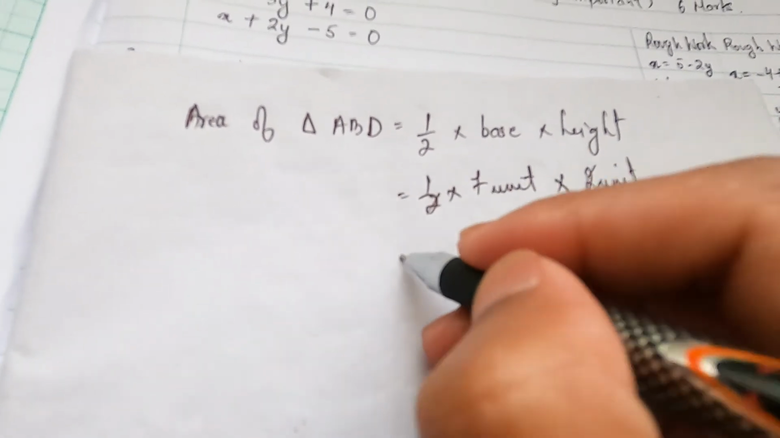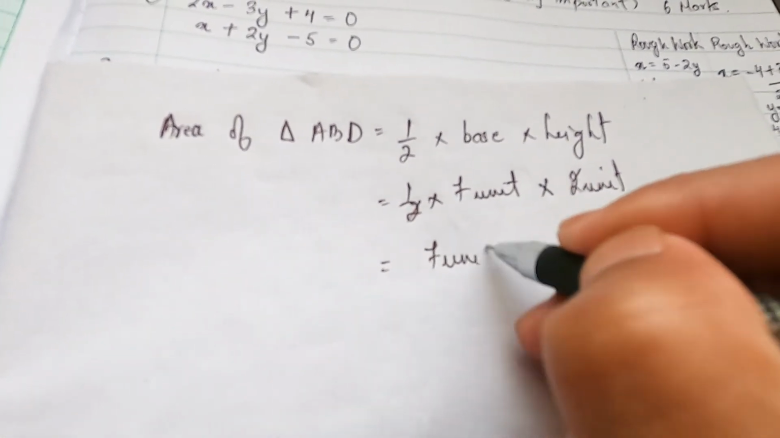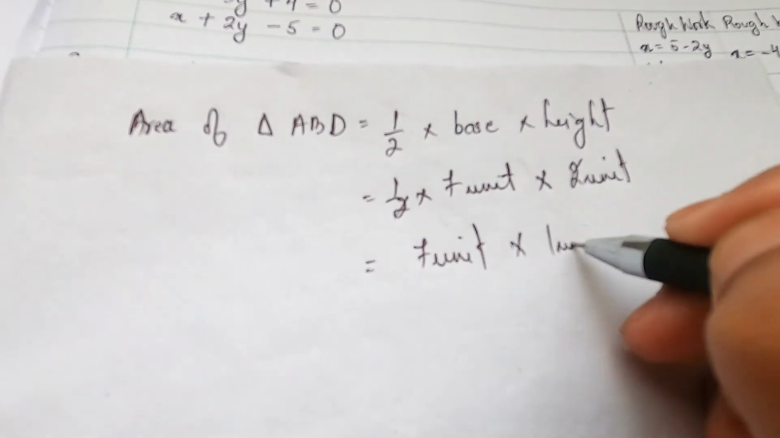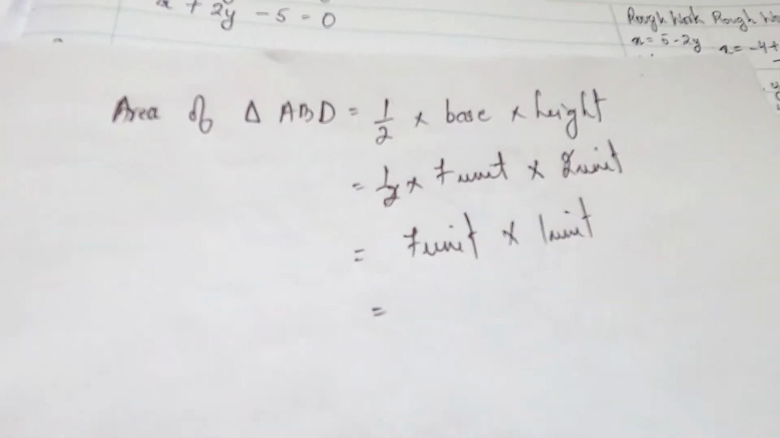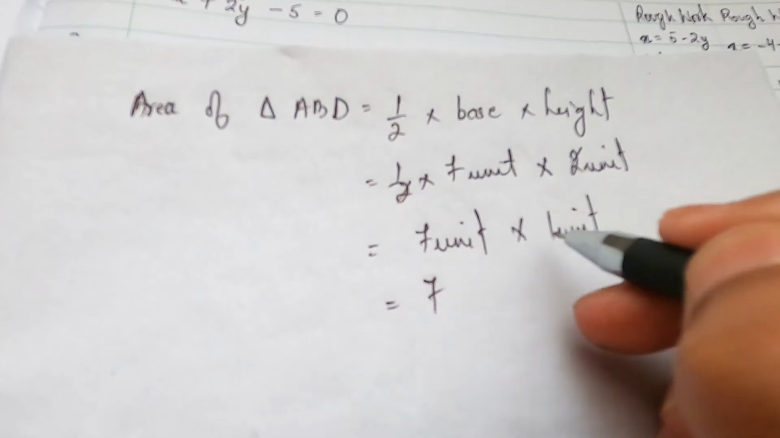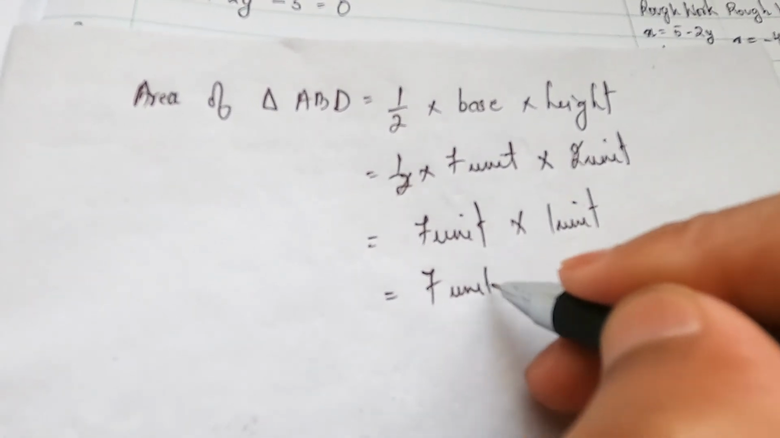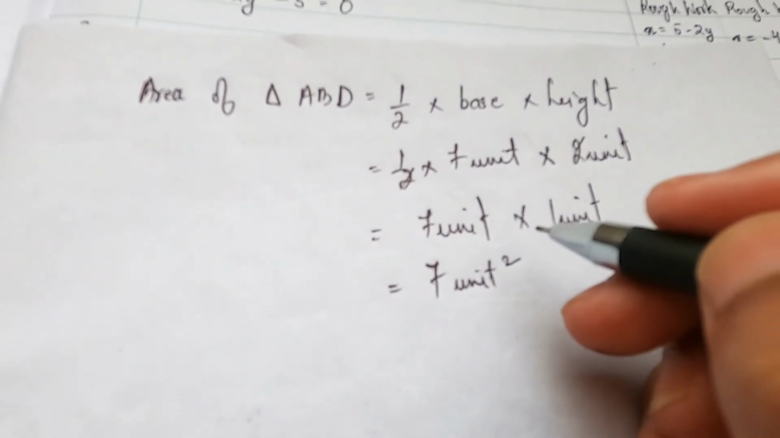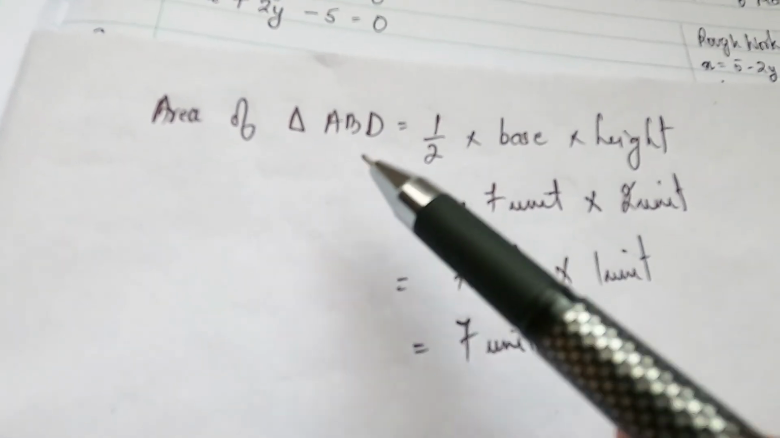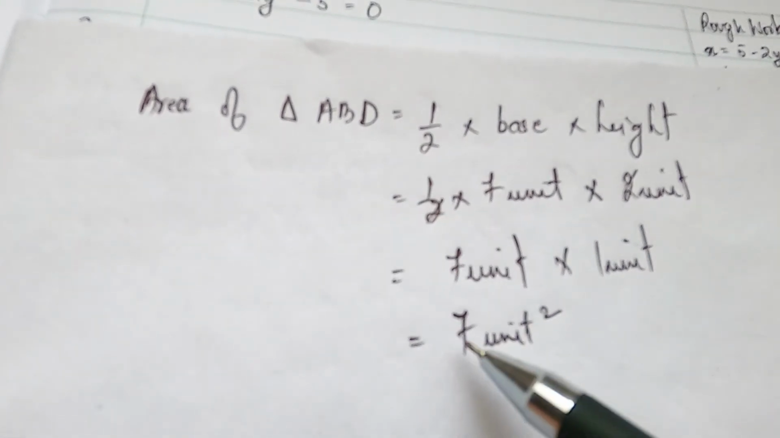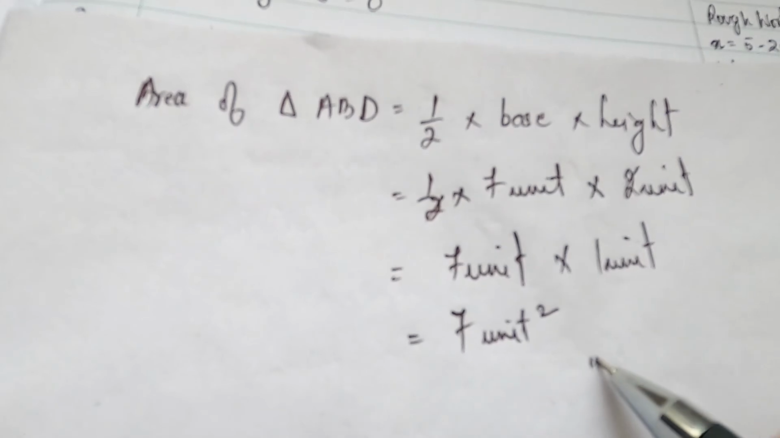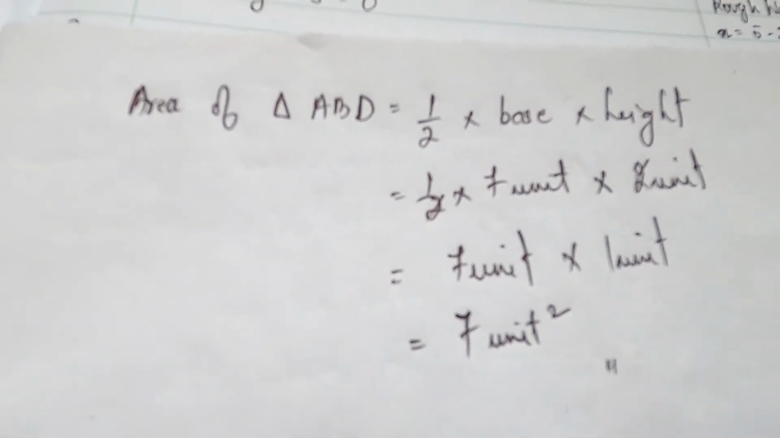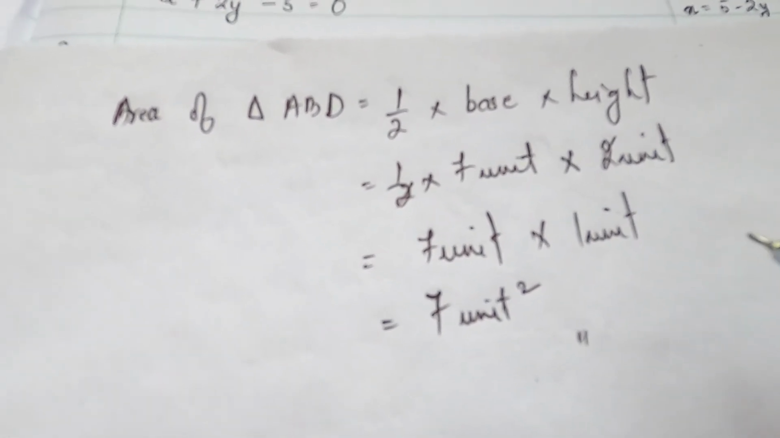So 2 into 2 cancel, we are left with 7 unit into 1 unit. So 7 into 1 will be 7, unit into unit will be unit square. All right, so in this case, the area of the triangle ABD will be 7 unit square. So that will be the answer for